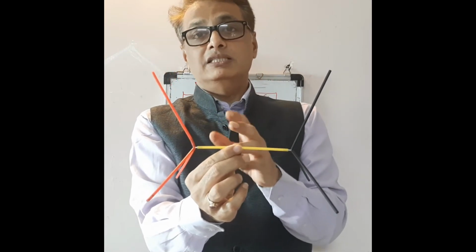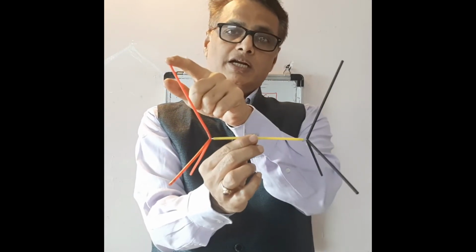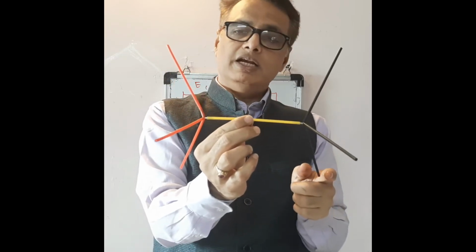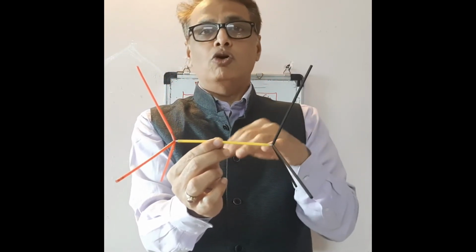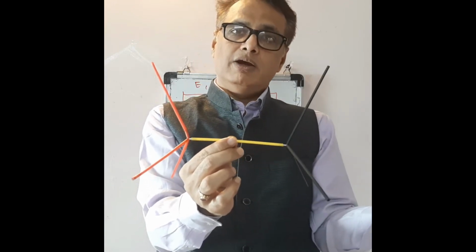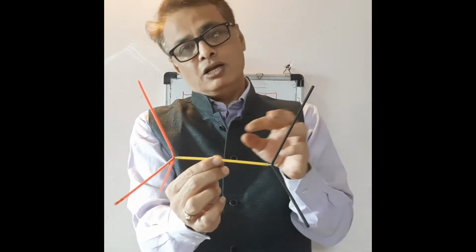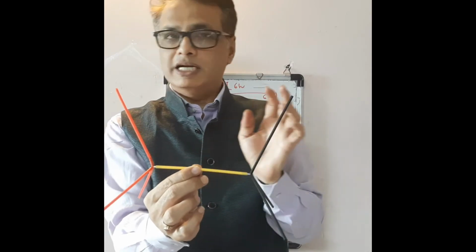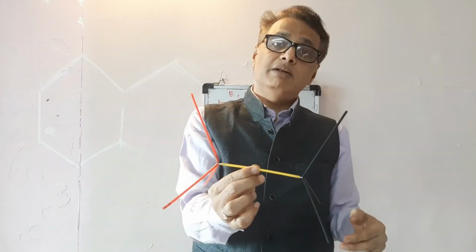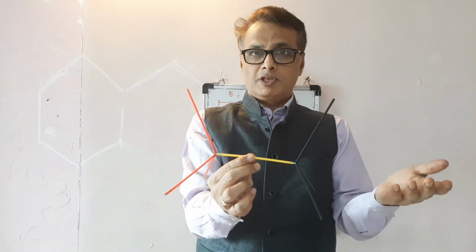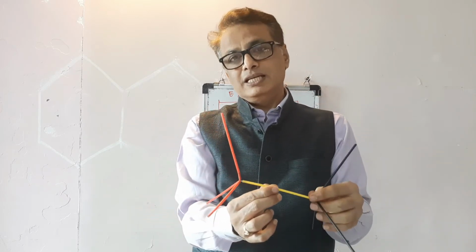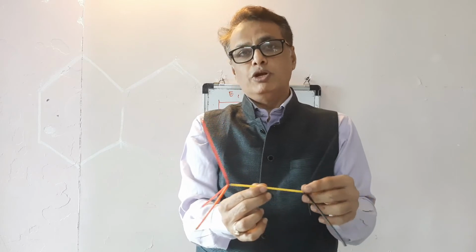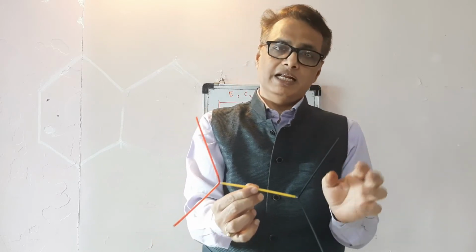It doesn't contain a center of symmetry because here it contains a fluorine atom while here it contains a hydrogen atom. So atoms are not in opposite directions and equal in number. So it doesn't contain a center of symmetry. It doesn't contain a plane of symmetry. So it contains E and C3. So we can say that this molecule contains only two symmetry elements, the proper rotation axis and the identity element E.